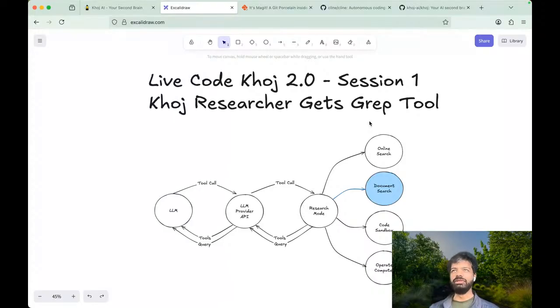We want to demystify the process a bit, show how Khoj is evolving, and inspire folks to contribute code, but also give us feedback on the stuff they want us to build and the directions they'd prefer us to go in.